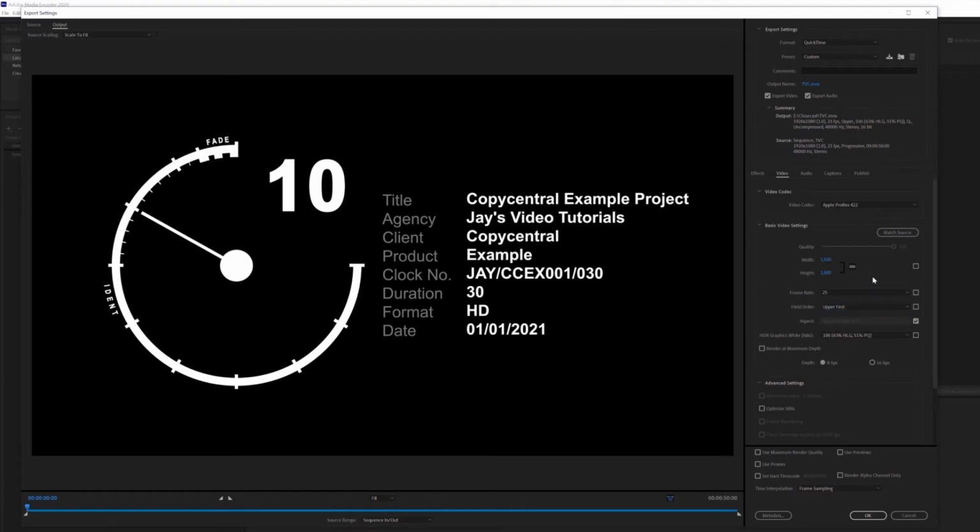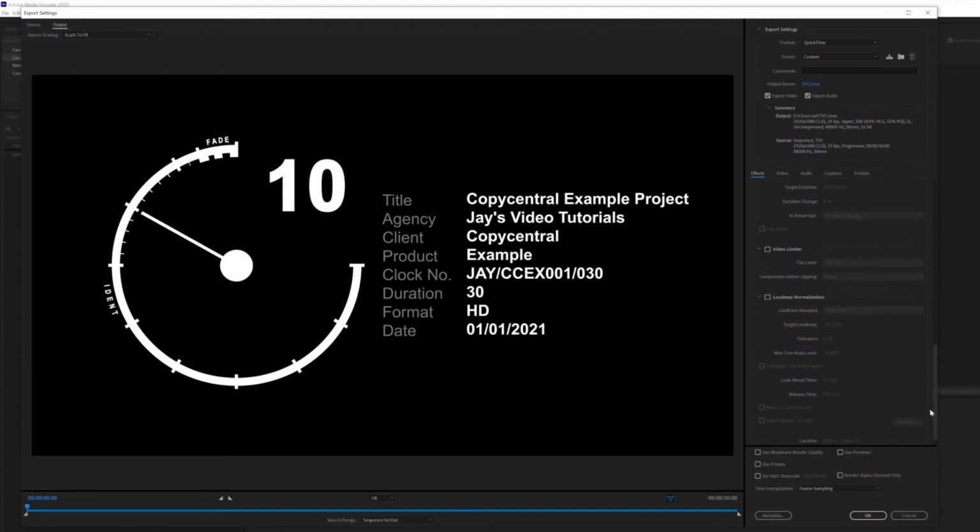Remember earlier on I mentioned there are 2 quick fixes for brightness and audio levels? Well, in Premiere Pro and Media Encoder there are 2 settings that can be added to help with this, and they can be found under the Effects tab. If you scroll down to the Video Limiter tab, turn this on and select the 105 IRE under the Clip Level tab, and that can help in regards to the brightness and RGB levels. It's obviously best to achieve this within the actual colour grading of your advert, however this fix can be applied after the fact if you want to do that instead. This trick doesn't always work, but it does work most of the time when I've needed it to.